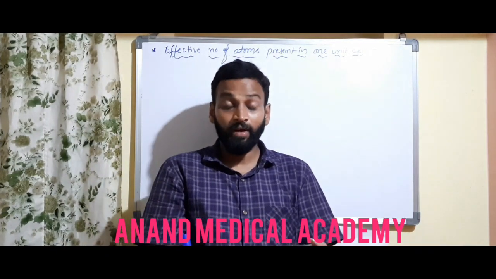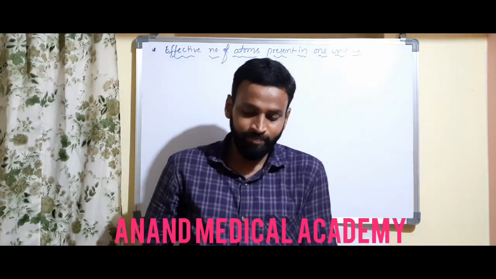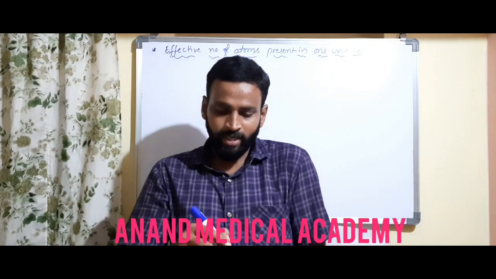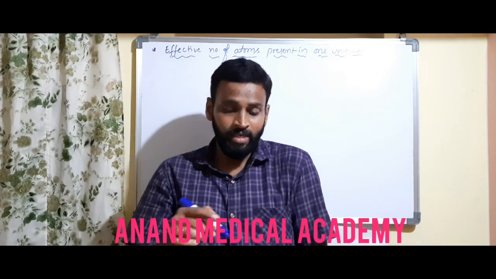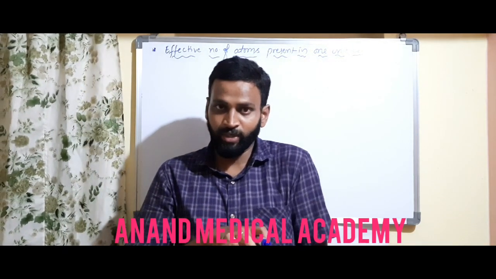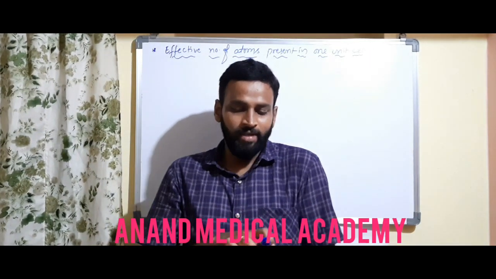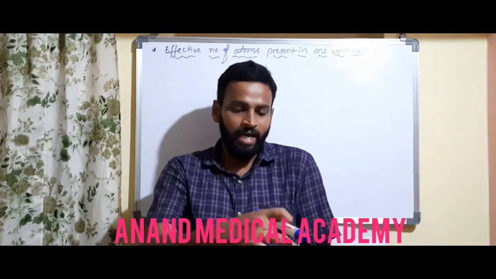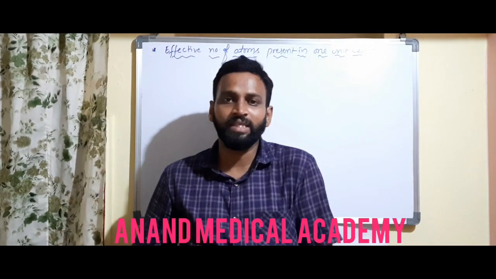So in this way, how many unit cells can be placed? Suppose here you have two unit cells. This is a corner atom. Look here carefully. This corner atom can be shared by how many unit cells? Here 1, 2 are sharing. This is one unit cell, this is another, and here I can place one unit cell, and here I can place one unit cell. Total 4 unit cells I can place.